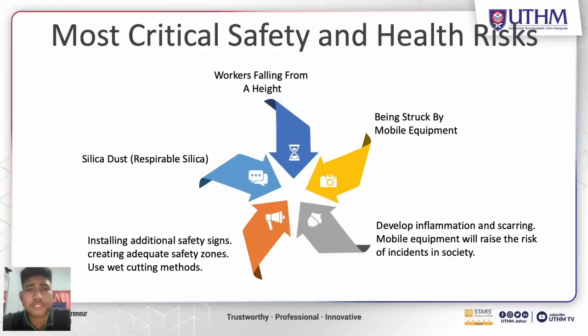Most critical safety and health hazards that we get from the hierarchy table of masonry work are, first, the workers falling from height, second, being struck by mobile equipment on the construction site, and third is the respirable silica from cutting and mixing masonry product with relative risk of 20. Some of these give impact to the society, which is it may develop inflammation and scarring due to silica dust particles being entrapped in lung tissue, and mobile equipment will raise the risk of incident in